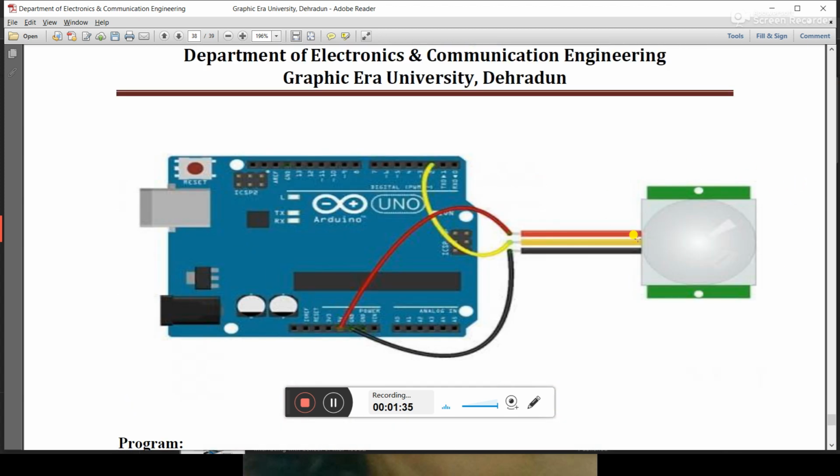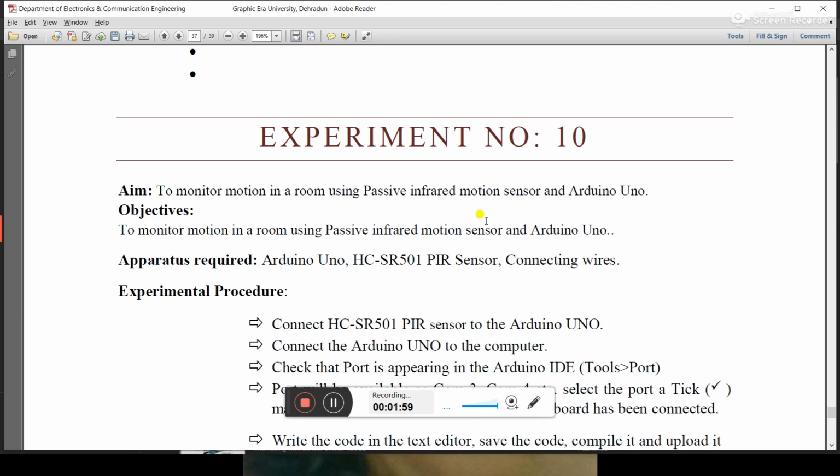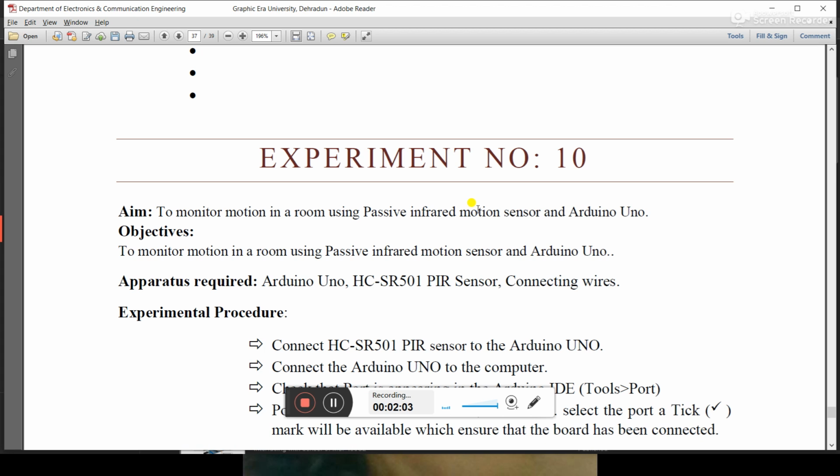This is a PIR sensor, and here it has three pins. Red is for the positive voltage, which should be connected to the positive supply. Black is the ground, that is its color coding, and yellow is for the signal. So we find whether the signal is present or not. Whenever something is present, it provides the output, otherwise it switches off.